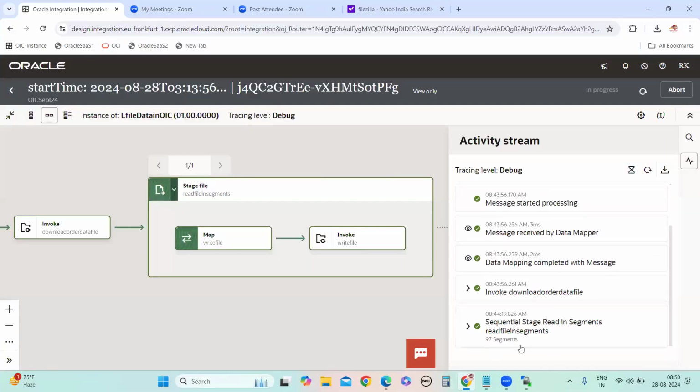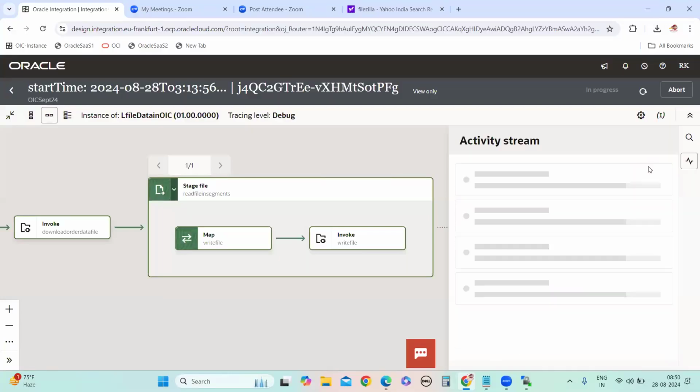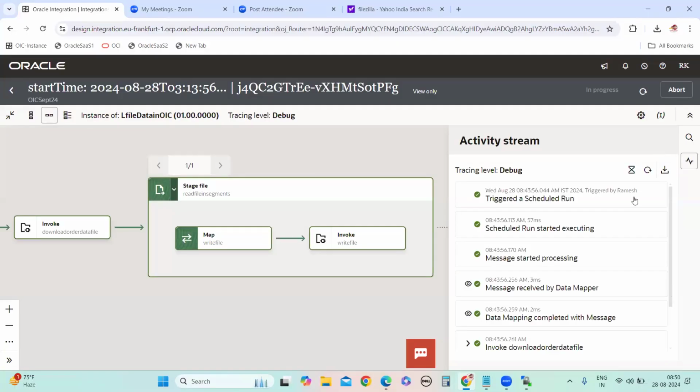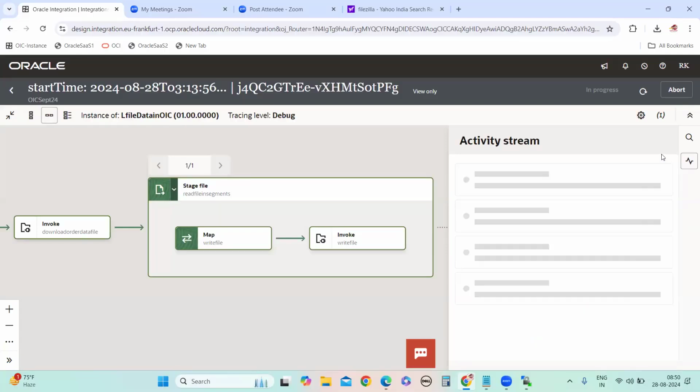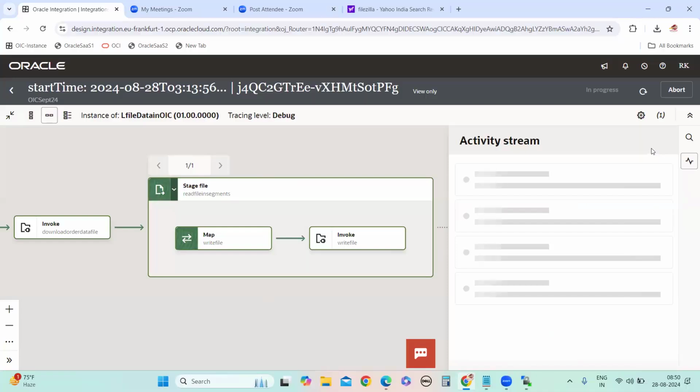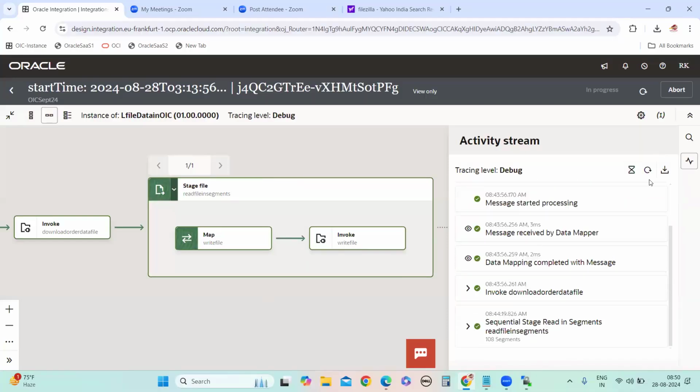Okay. 97 segments. Till one message comes, message process completed, something will come. Till that time, this integration is running.